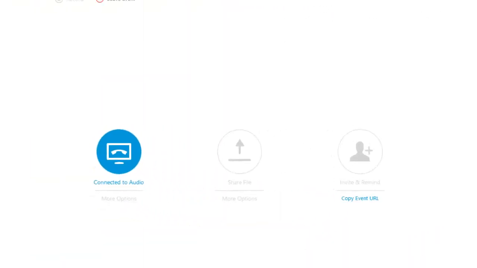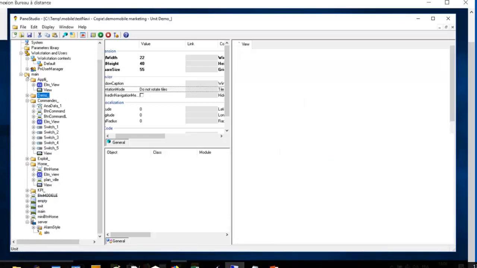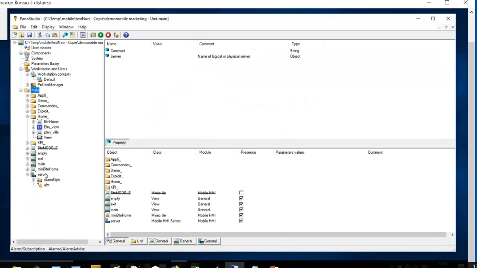Dealing with, yes, it's a good question. Dealing with redundancy in HMI client. When I can show you things like share screen. If you really use redundancy on your Panorama E-Squared application, of course you may have a mobile HMI server here, and you can have another one on the second server, which deals with the same connection behavior, and you have to switch in your network router to the right available server, or you can declare in your Panorama application several connections.